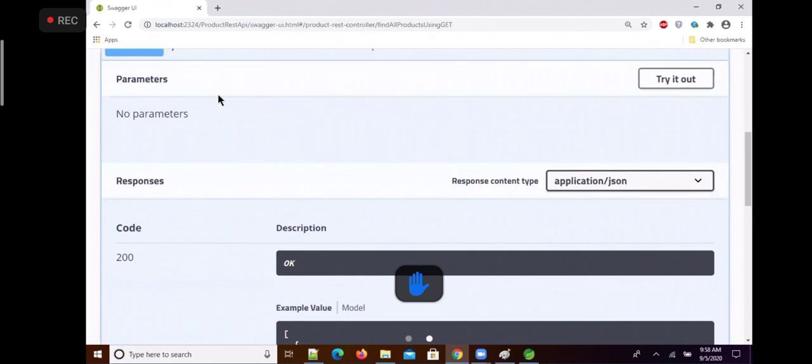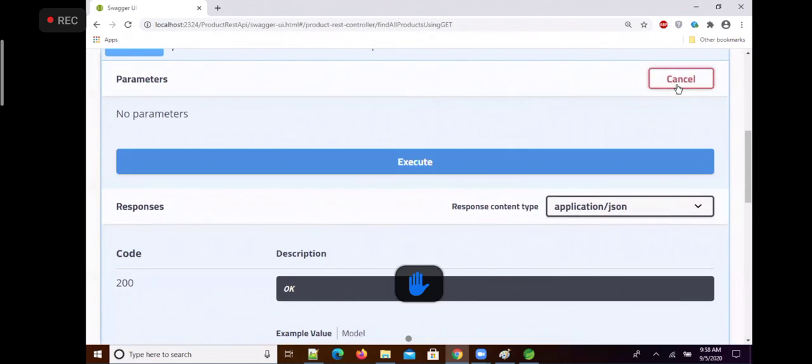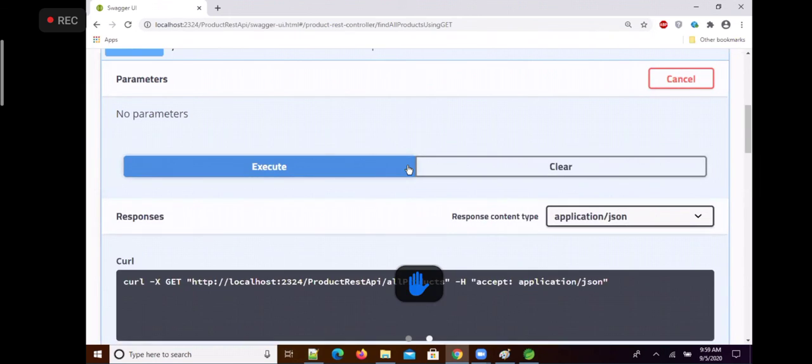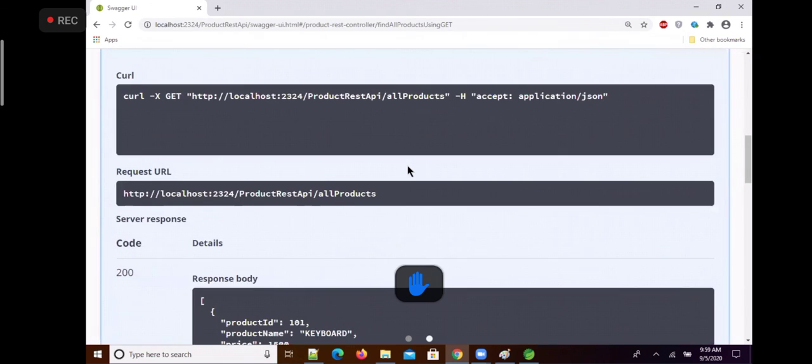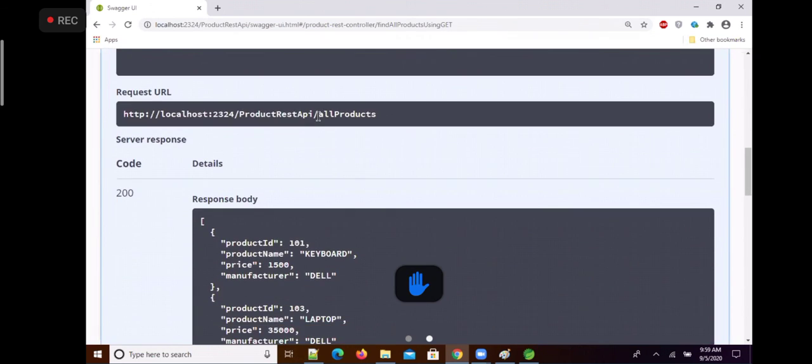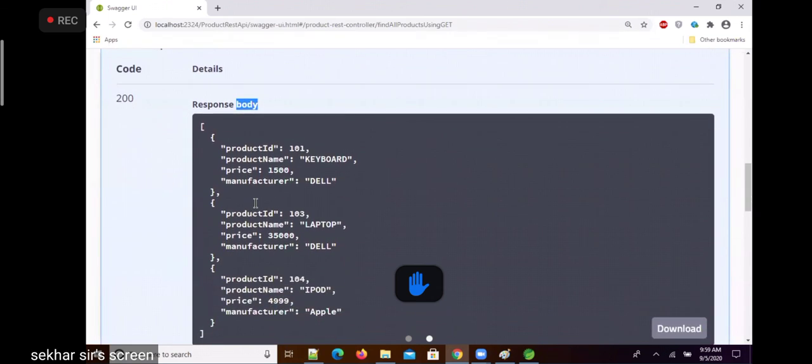Now you can try it out. There are no parameters required, directly execute. Now this is a request URL, and this is a response body. See, in the response body, you got an array of JSON strings, ID 101, 103, 104.